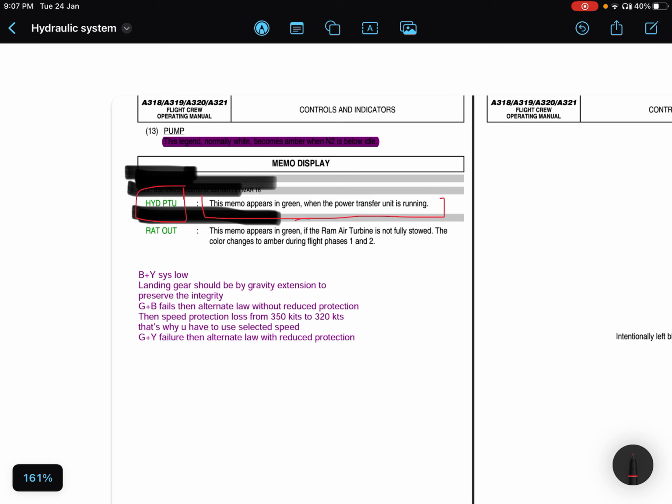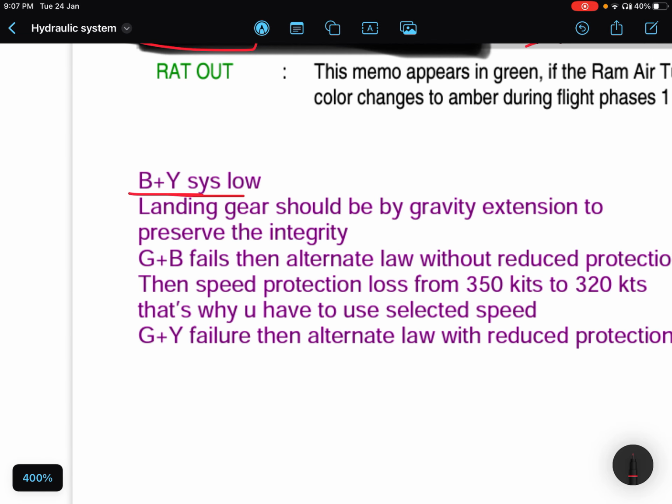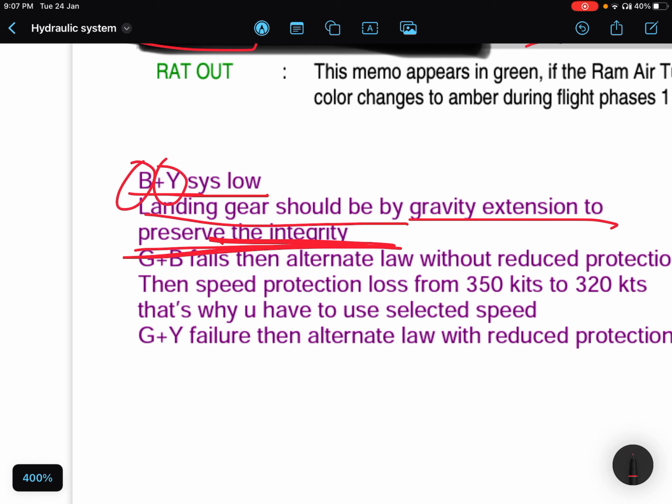Okay, there are a few things I thought I should clear up here only. If we have blue and yellow system low, landing gear should be by gravity extension to preserve the integrity of the system. You will be amazed why we are using gravity extension in case of blue and yellow system, but landing gears are connected with the green system to preserve the integrity of the system, so that the PTU doesn't waste its pressure, the yellow system's pressure, to just extend the gears and whatever. That's why